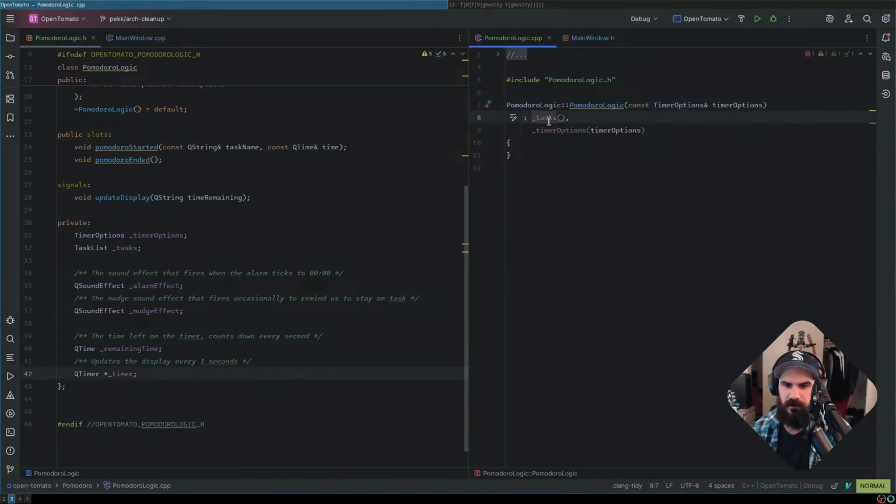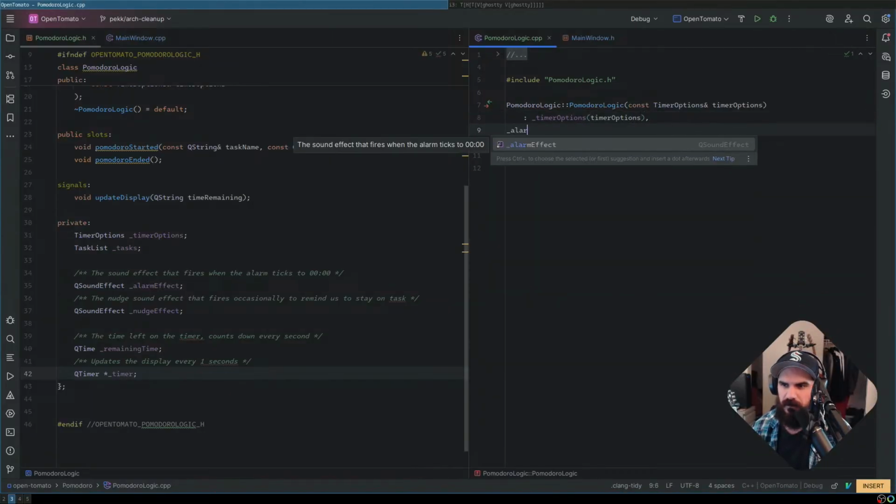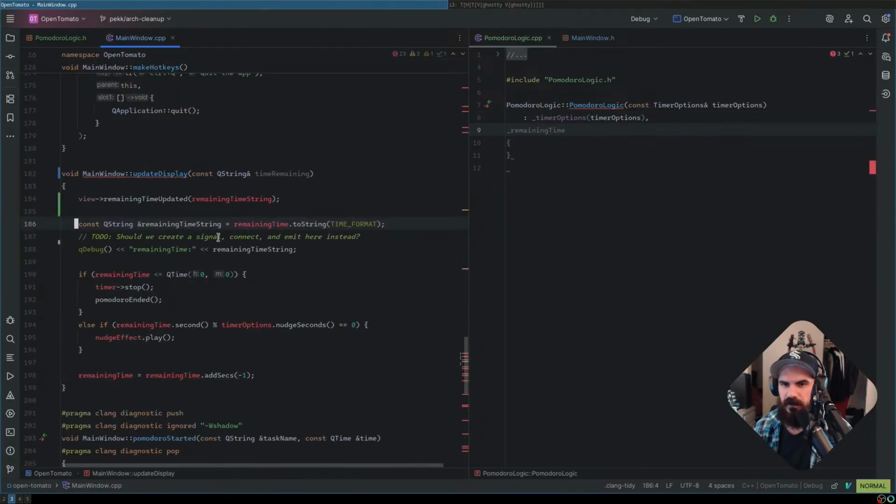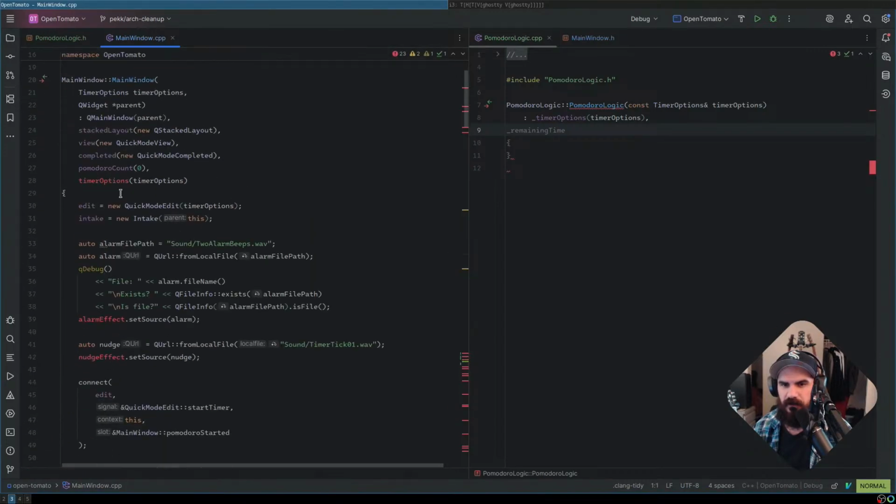So this isn't going to be up here. What we're going to have over here is, right, timer options. Sorry, that is going to be the first one. Then we're going to have, no, that needs to be dynamic. Remaining time. Actually, how do I even set that? How did I set that up here? Remaining time.